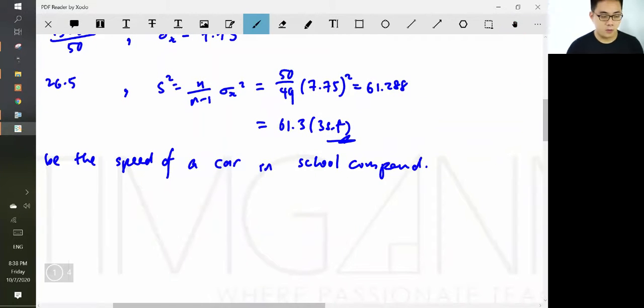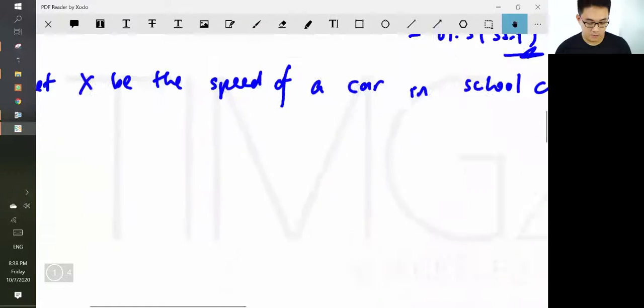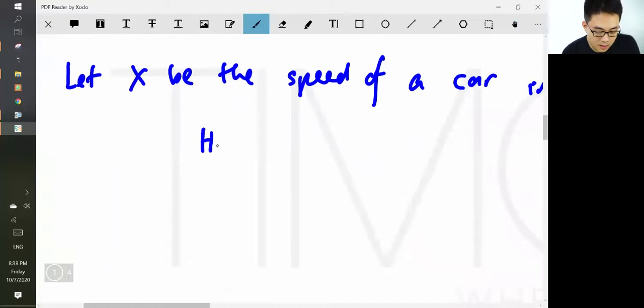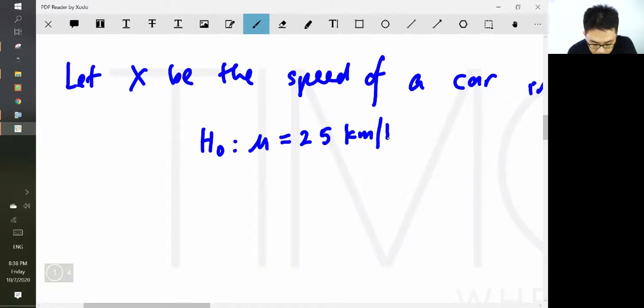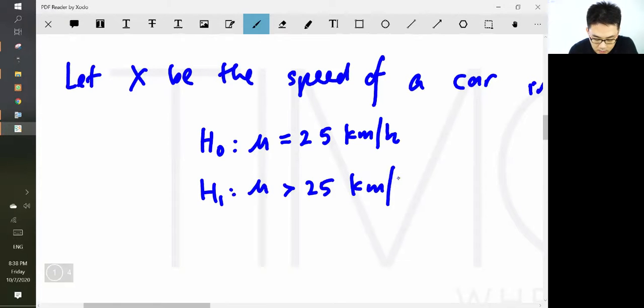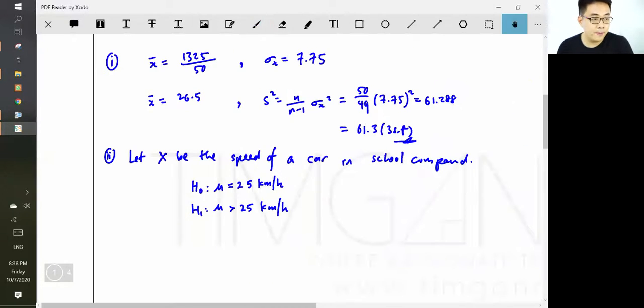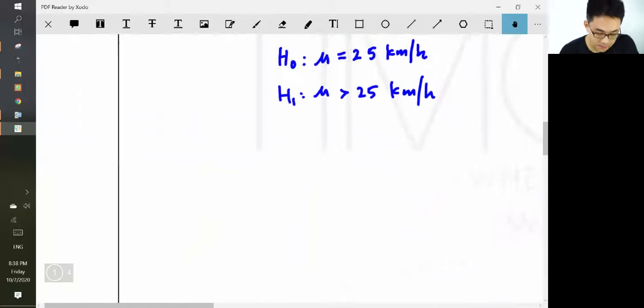You can just define a mu. If your school wants you to define, just follow it. H naught is mu equals 25 km per hour. Mu is 25 km per hour. Whether you're speeding or not, more than. Under H naught,